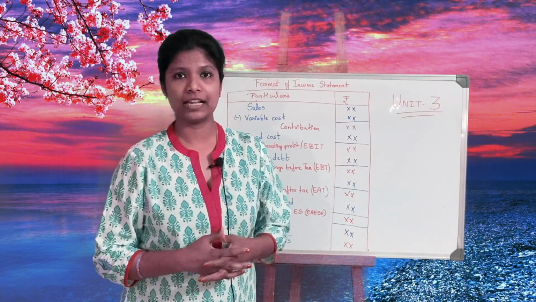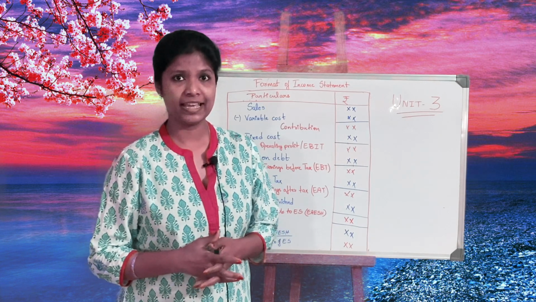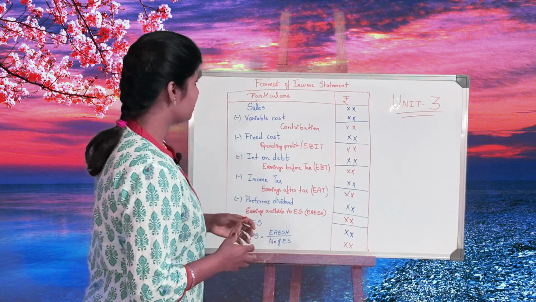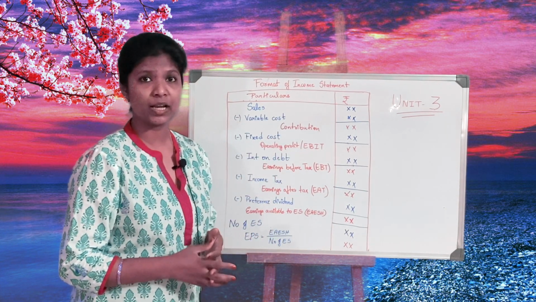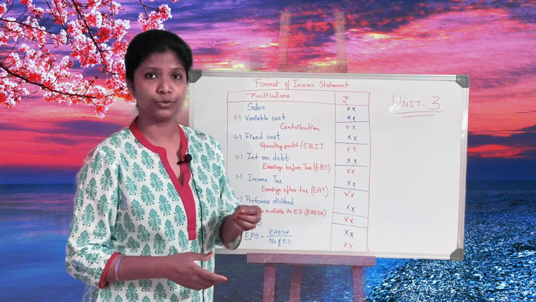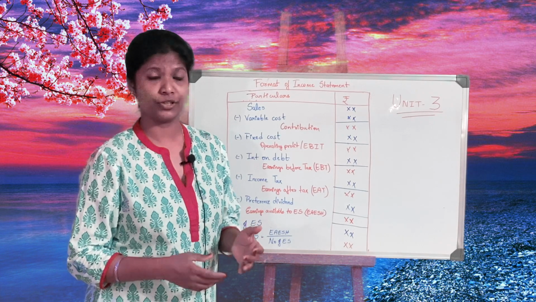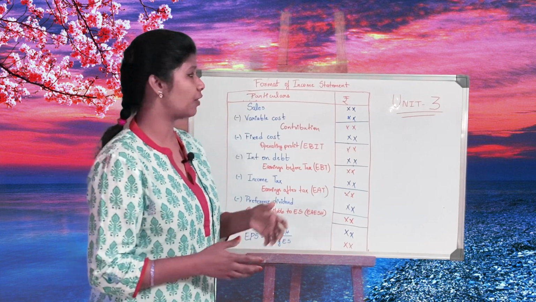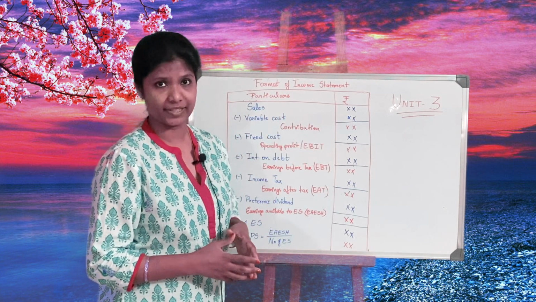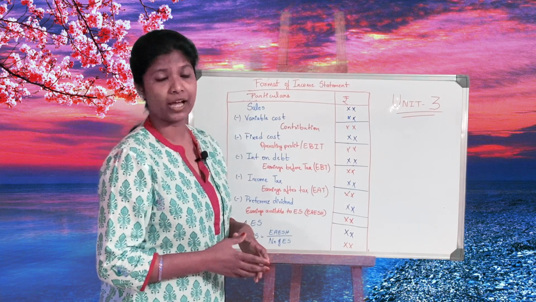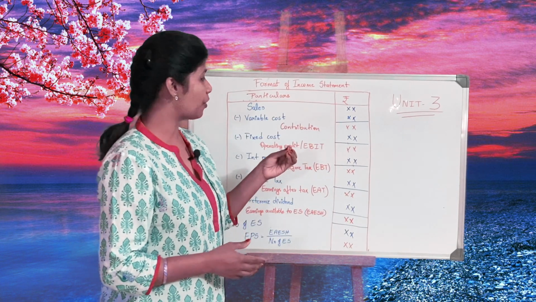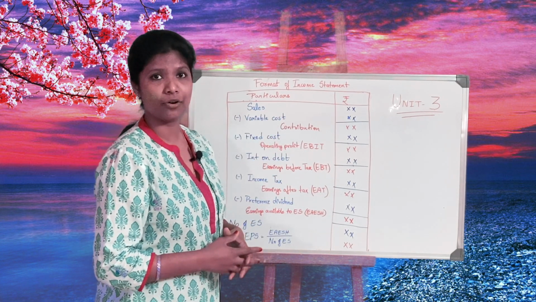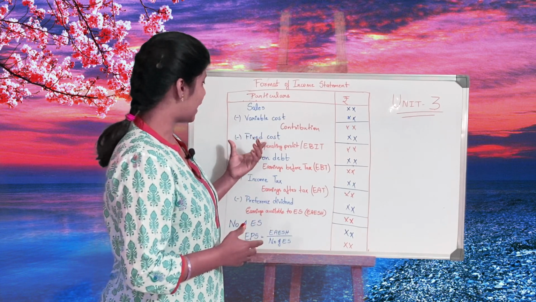So today we are going to begin our third chapter called financing decisions, and first and foremost we need to remember the format of the income statement. Let's look at it. It always starts with sales. Where does our income come from? For every company, it is through the sale of products or services. The amount of revenue that you earn out of your sales is called sales revenue, from which the first thing you deduct is variable cost. Once you deduct variable cost, you end up at contribution. So sales minus variable cost is contribution, minus fixed cost.